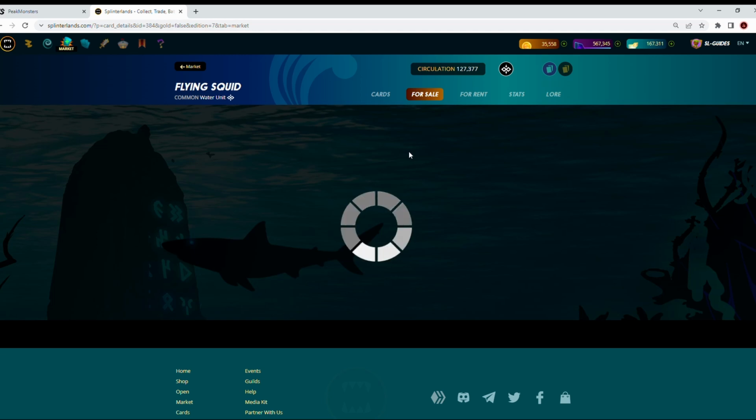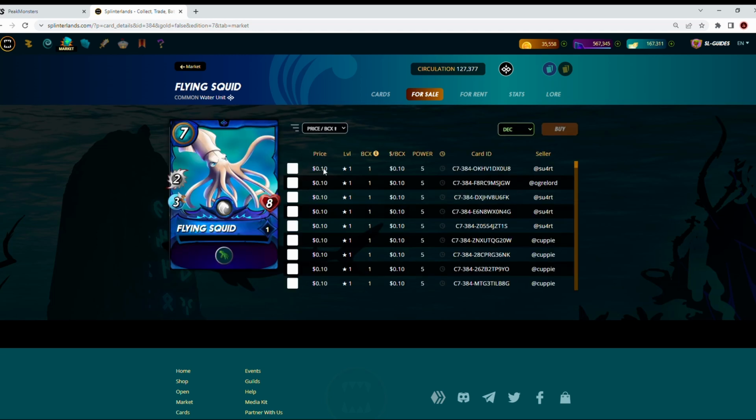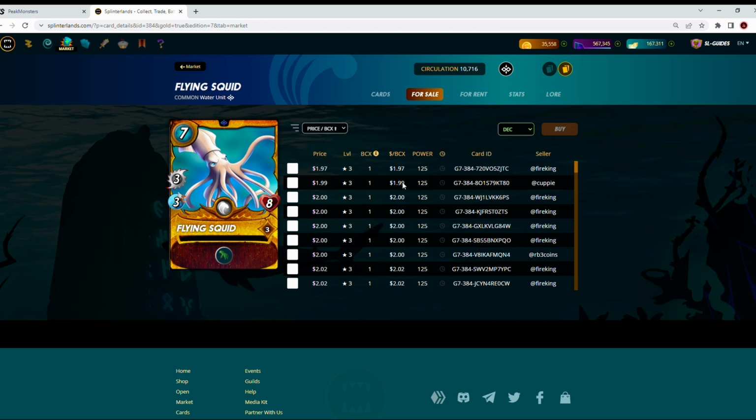I think it was 0.1. So at 0.1, you obviously need 1.4 US dollars to get yourself a level 3 squid. If you were to look at a gold foil version, it's 0.97 for the cheapest one. So you already know you're going to invest and spend 40 cents more, or 47 cents more to be exact. But every time you play your flying squid,